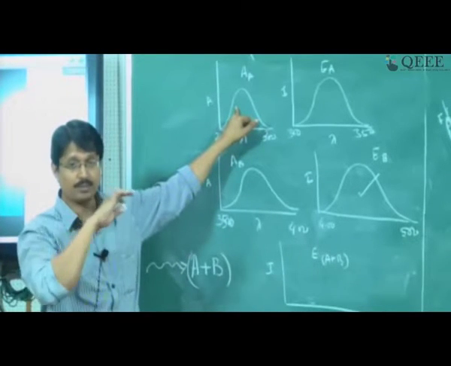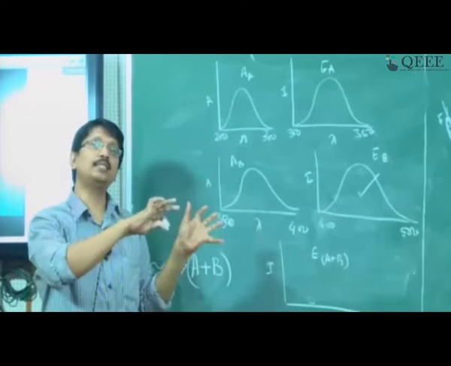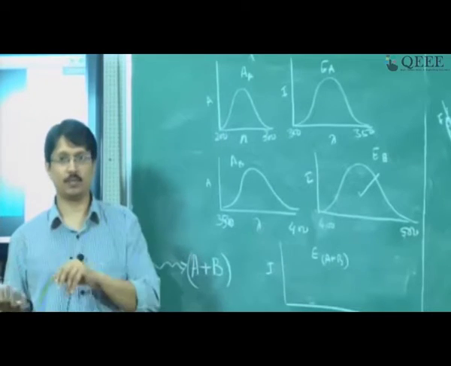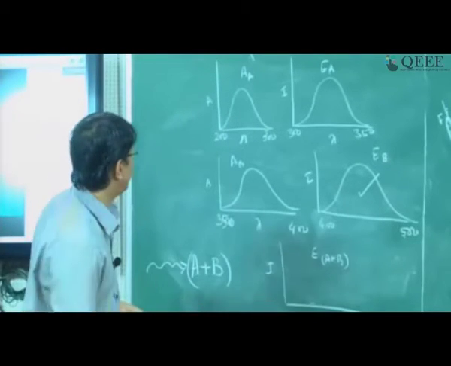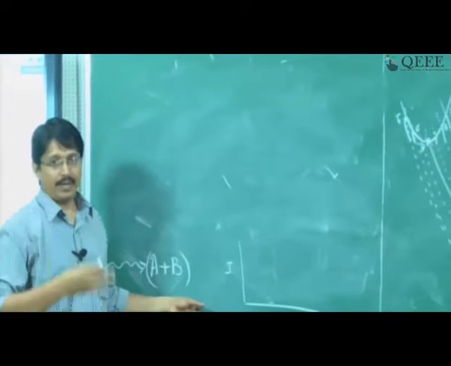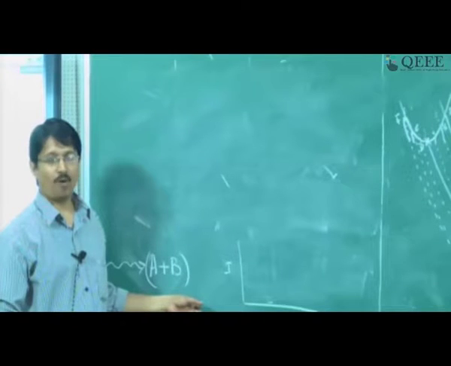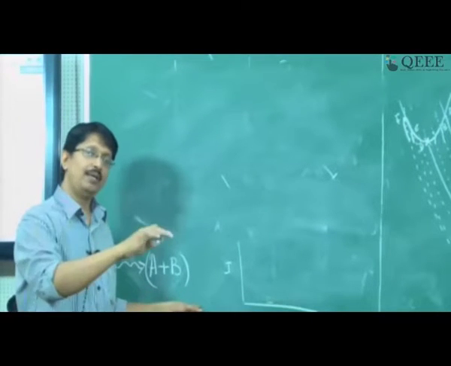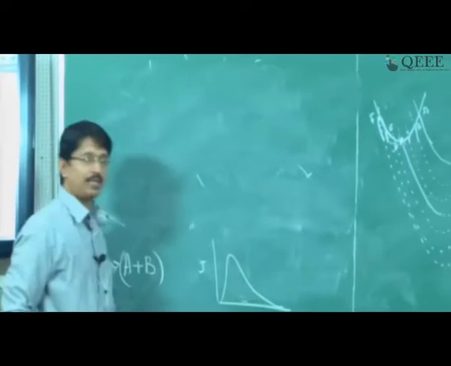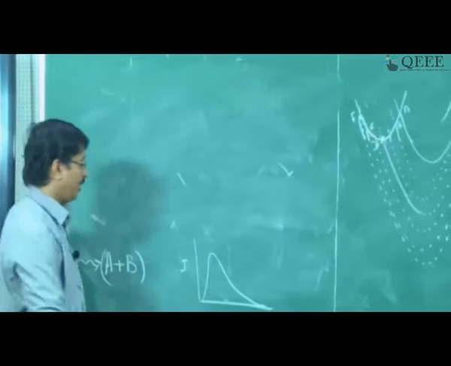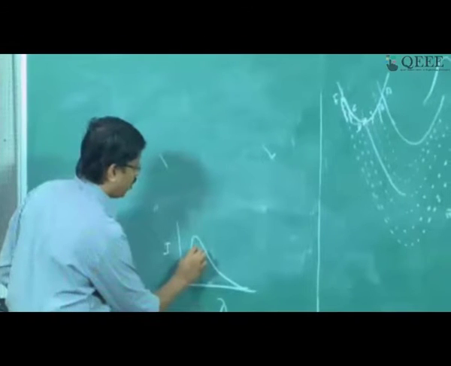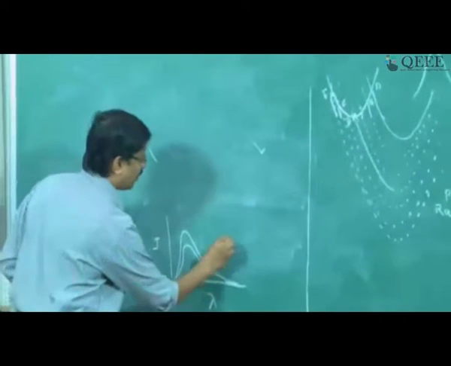Now this is a hypothetical situation where all the energy of A is transferred to B. It may not happen, partial energy transfer is possible. So in that case what you see is, you excite A, it emits some energy in the form of light, some energy is transferred to B, B also emits. So initially, suppose there is only A, you get a spectrum like this. Now you have B and A, some energy is transferred to B, so A emission is quenched, B emission is coming up.